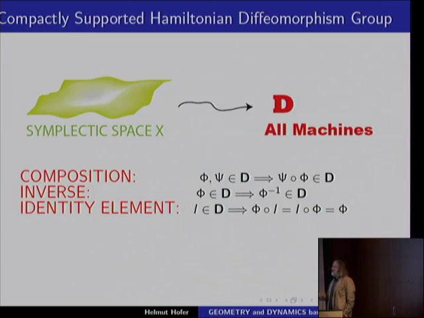So now, what did we do from an abstract point of view? Well, let's be quite general now. We take a symplectic space. A symplectic space is a space where I can talk about the area associated to a closed curve. These are the objects we're looking at. And then we can look at all the input-output machines respecting the structure.